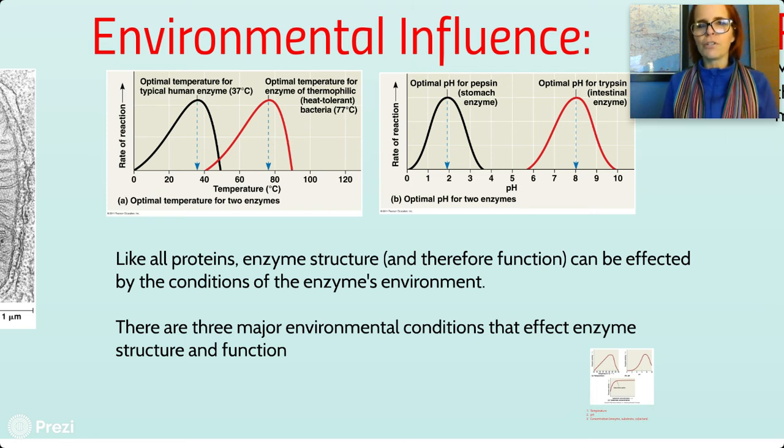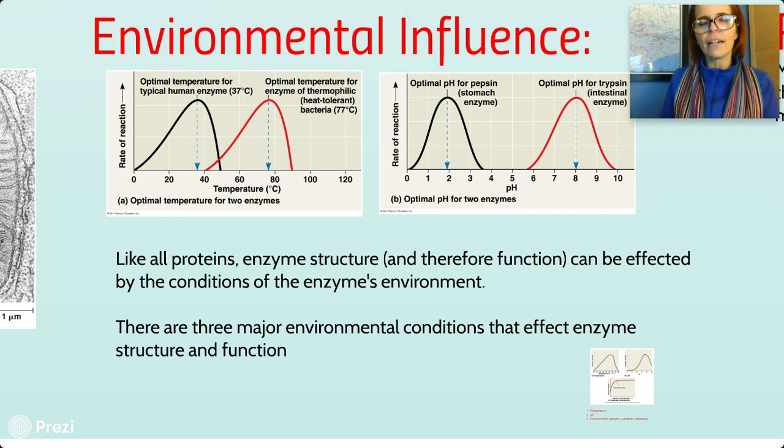The optimal temperature for this human enzyme is right about body temperature. Body temperature is 37 degrees Celsius, 98.6 Fahrenheit. So notice that's when the enzyme does the best. So the rate of the reaction is along the vertical axis. The highest rate of reaction is at body temperature. The reaction plummets quickly once somebody has a high fever, and that is because the enzyme denatures with a high